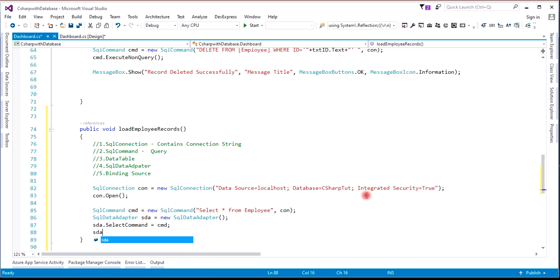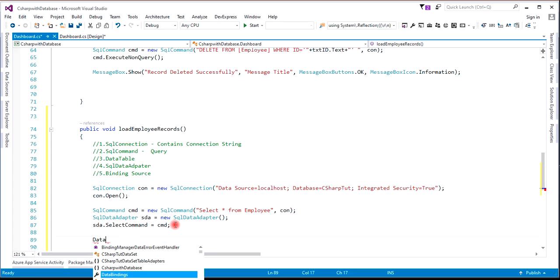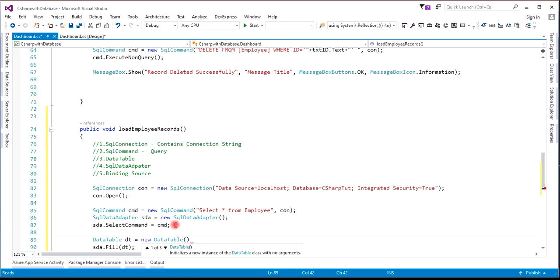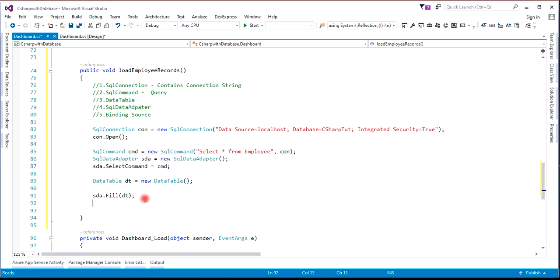Then we say SDA dot fill with our data table. Then we have to declare data table dt is equal to new data table. And then after filling with our data table,